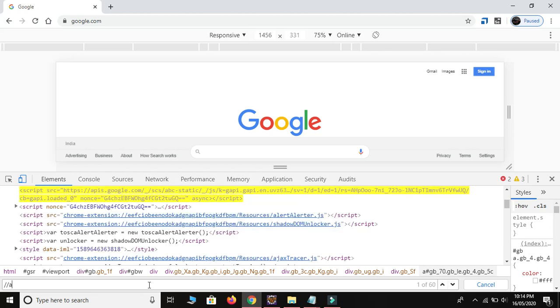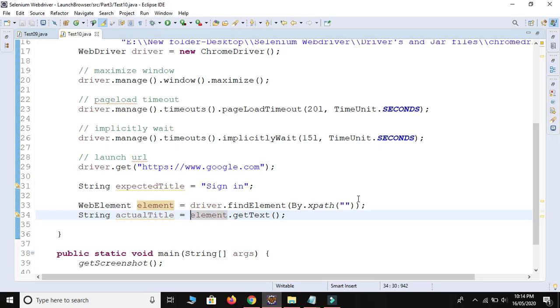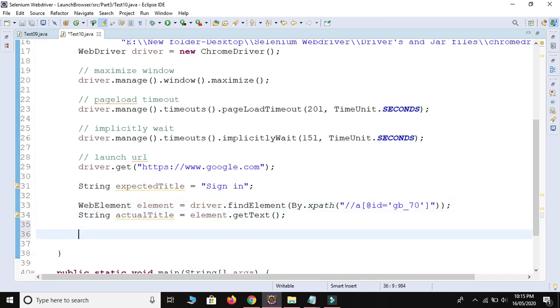So I will write A, and I am going to use the ID attribute. So I will use @id is equal to this one, gb_70. Let me copy, and paste over here. So this is the output, actual and expected.